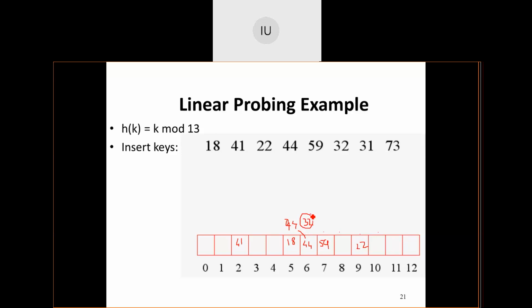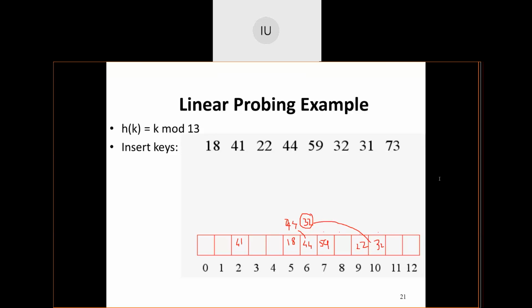Basically, 32 has to sit at position 6. But now I have added 1 square to it and checked. No, it is not possible. So the added thing will go off. I'll come back to the base position. What is the base position? 6. Plus 2 square. It means plus 4. 6 plus 4 is 10. So 32 gets inside position 10. Just do a comparison between the linear probing that you have got and the quadratic probing that you are resulting into.